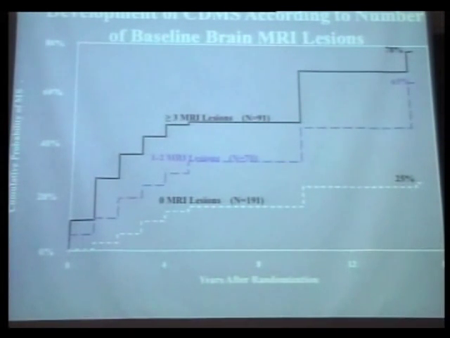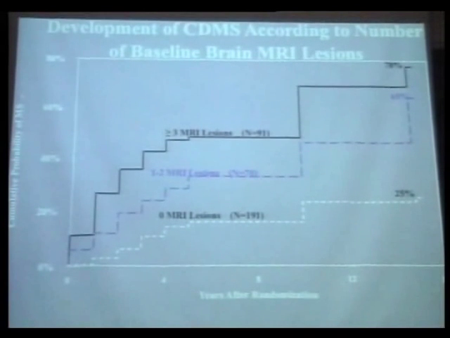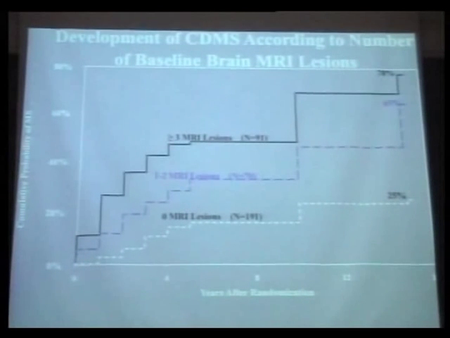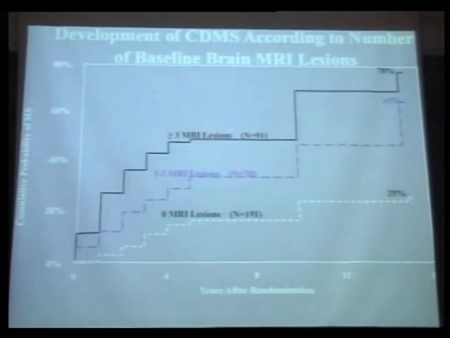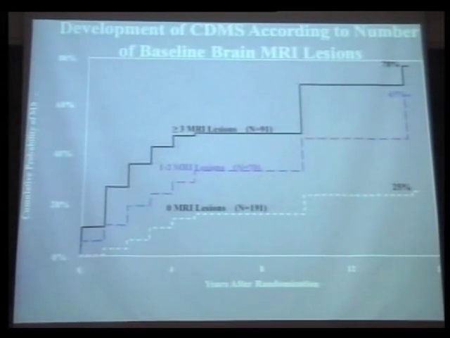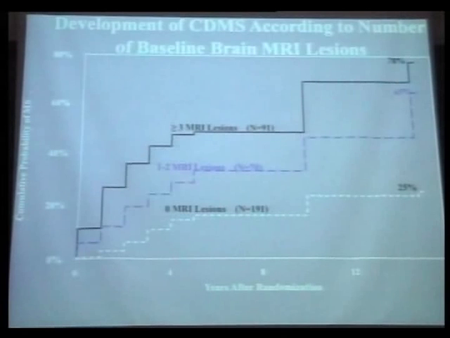And this is what the optic neuritis treatment trial showed, and this is just the statistical display of what I said before: the presence of lesions on an MRI scan is the single best indicator of whether a patient will develop clinically definite multiple sclerosis in the future. As you can see, over a period of about 15 years, it's up over 70%. And people who have no lesions initially, it's not zero. It's about 25%.